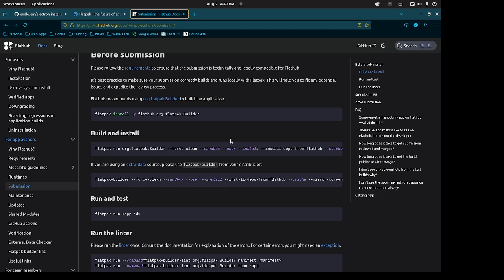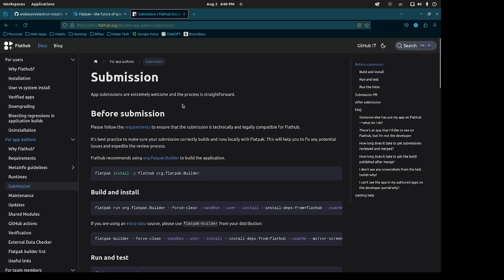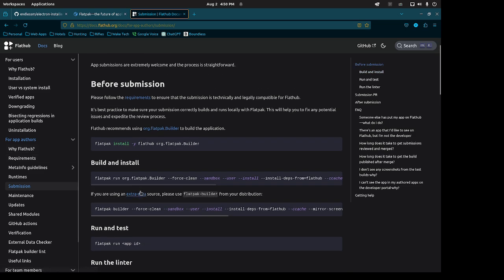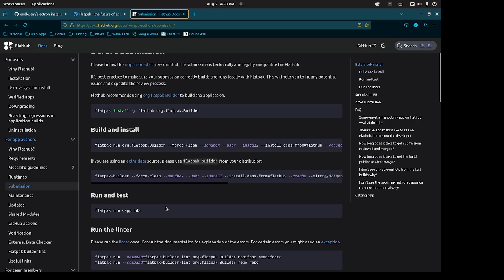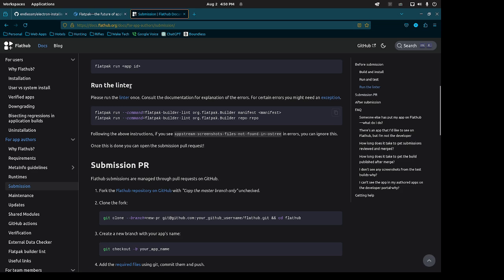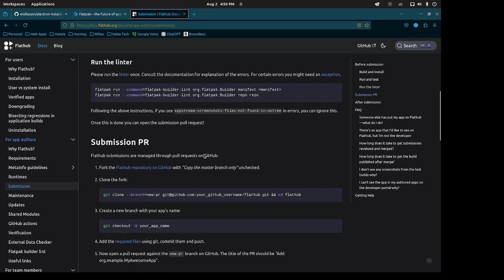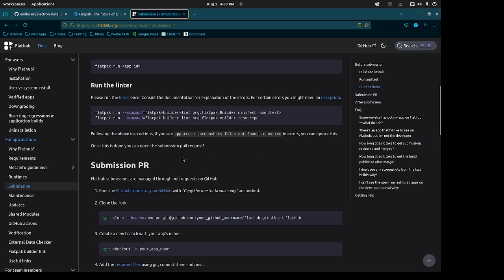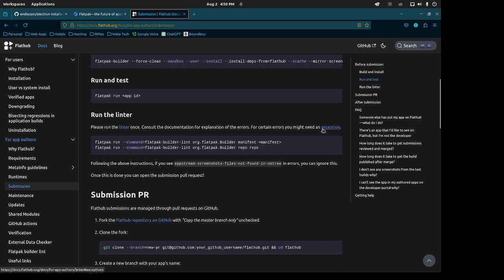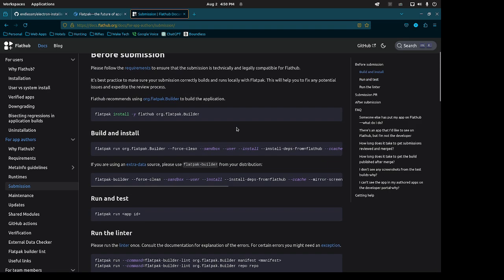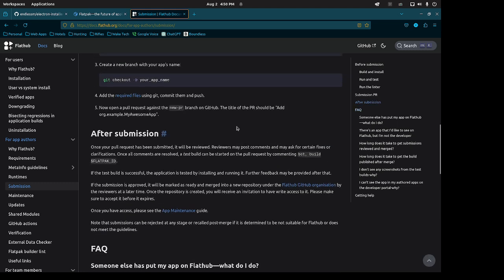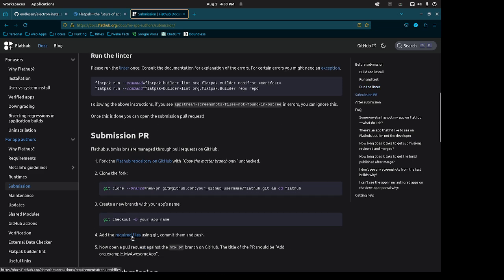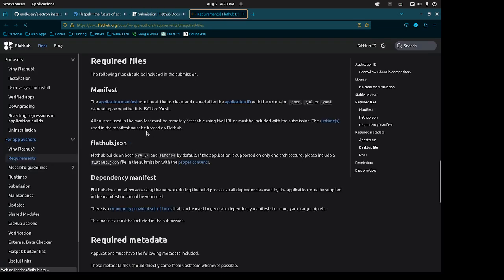But if you want to actually publish it, I can post this link as well. This is basically their submission process. We did this step, basically making sure it actually runs and works locally. But if you want to publish it, you're going to have to do a little bit more than that. You're going to need to run a linter. There was more, like metadata and stuff. Where did it go? Oh, here. Yeah, you're going to need